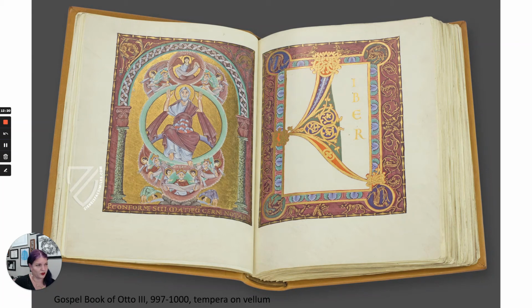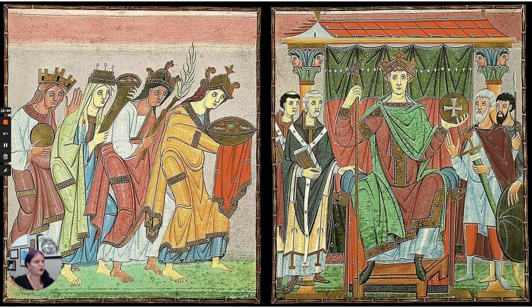Manuscripts are also still an important part of artwork at this time. So this is the Gospel Book of Otto III. Here's Otto III enthroned on the right. So this is him sitting on his throne, and on one side he has clergy members, on the other side he has barons. So it's showing him balancing between church and state because of this concept of the Holy Roman Empire. He has a globe in his hand to show that he is meant to be the ruler of all,